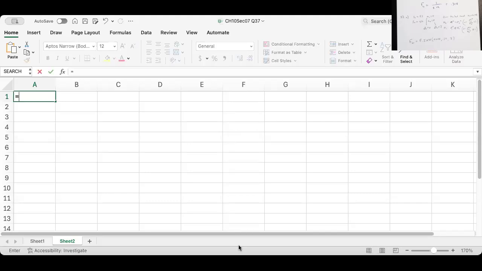Equals F.INV(probability 0.025, degrees of freedom 1 = 10, degrees of freedom 2 = 7). Notice that's a number close to zero, right? That's my left side. That number should be a small positive number. What's my right side? Well, that's an F